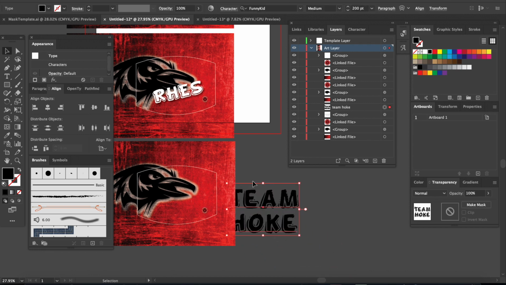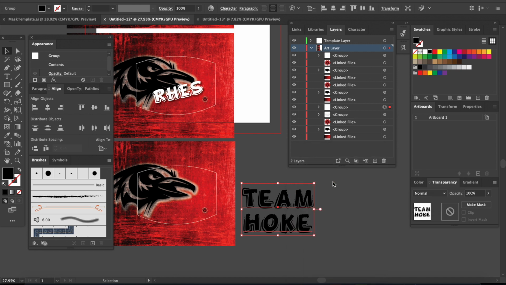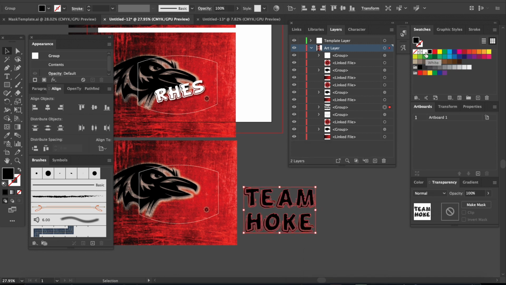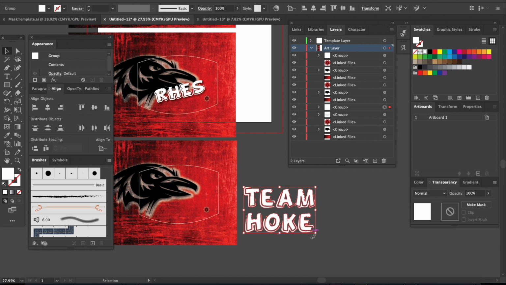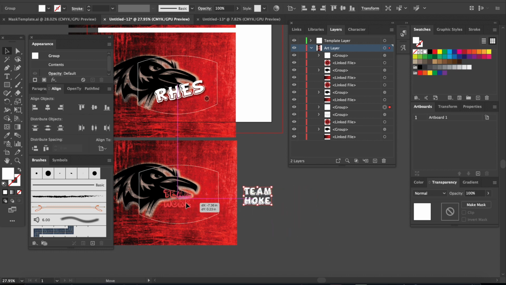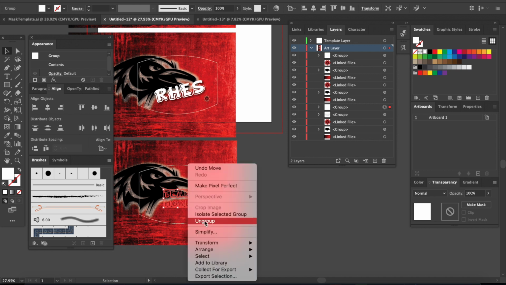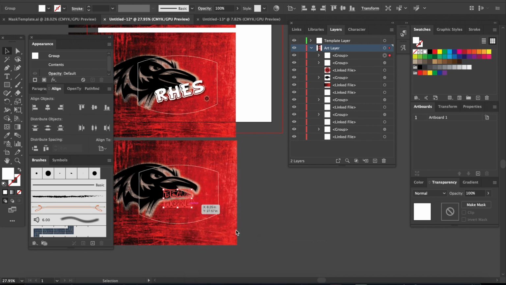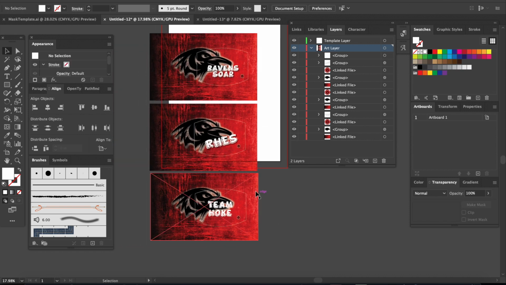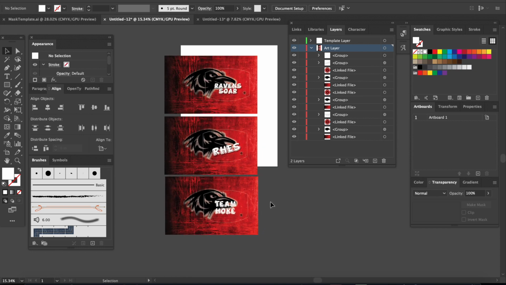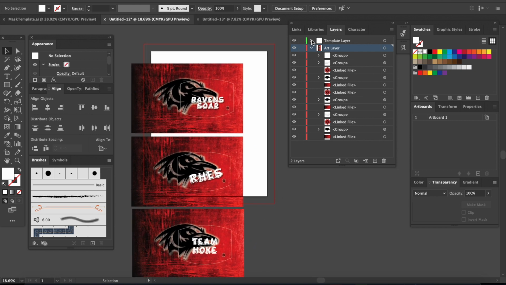Then we're going to go with the Team Hulk, same thing. Create the outlines, turn it white, shrink it down. I need to bring this to the front, get it a little bigger. Alright, so I got the 3 designs I want, so now I could just simply come back in here